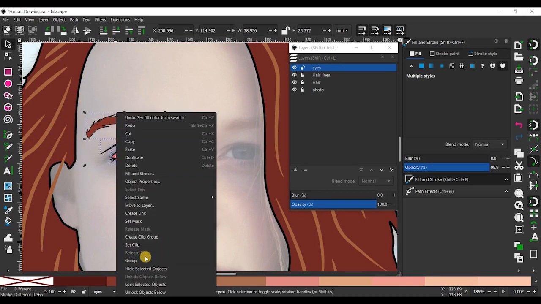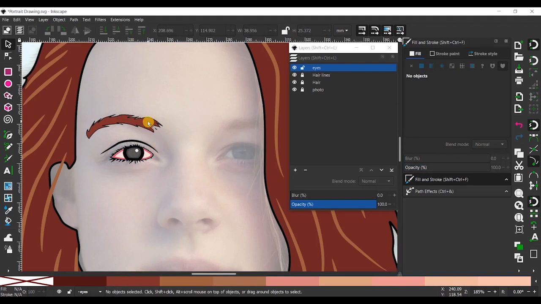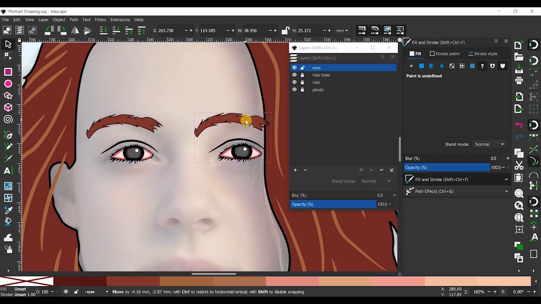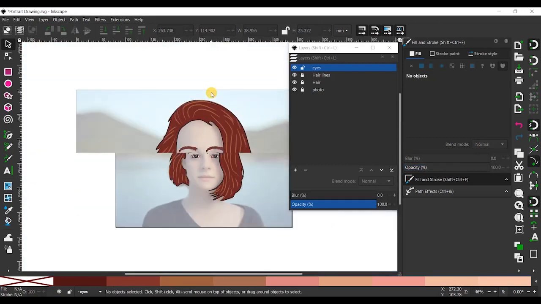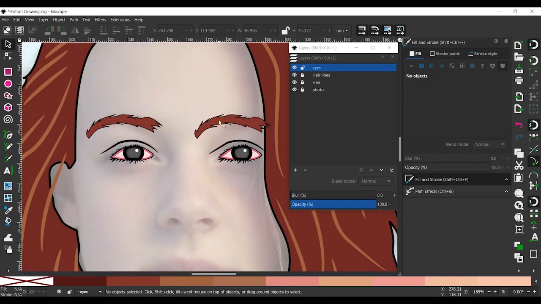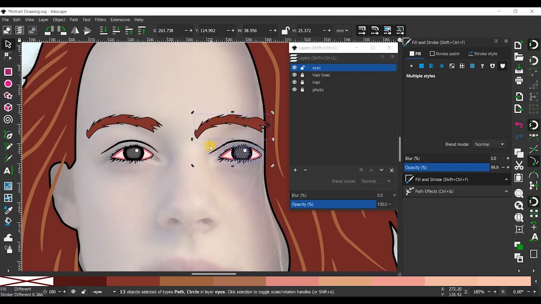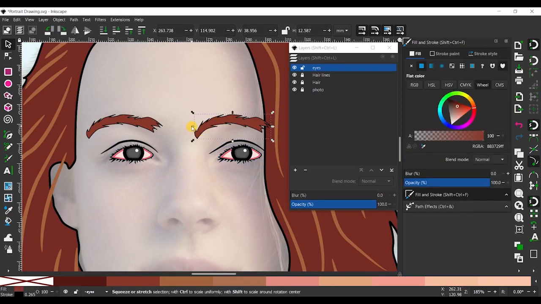You can observe the group. I'm selecting all of the objects and clicking on Group. If the selection is not good, the group of the objects is also not created. You can observe the group is created, and the eye and eyebrows are on the top because we created the layer on top of the hair. If you want to ungroup, the group of the objects is ungrouped simply by using the right click.